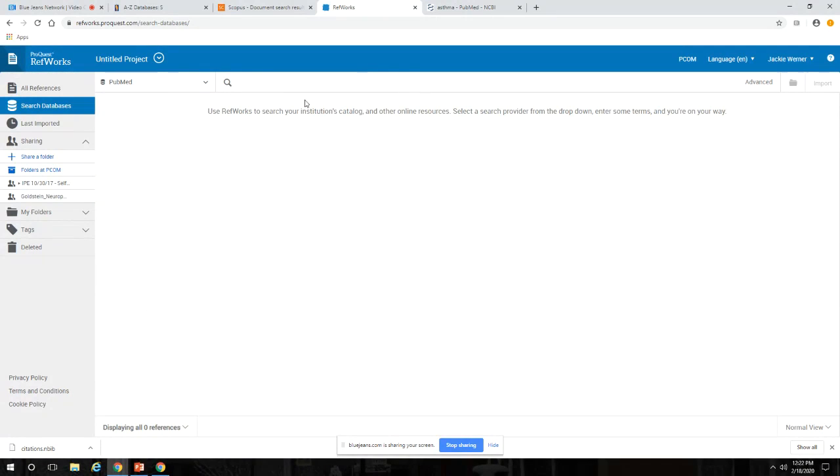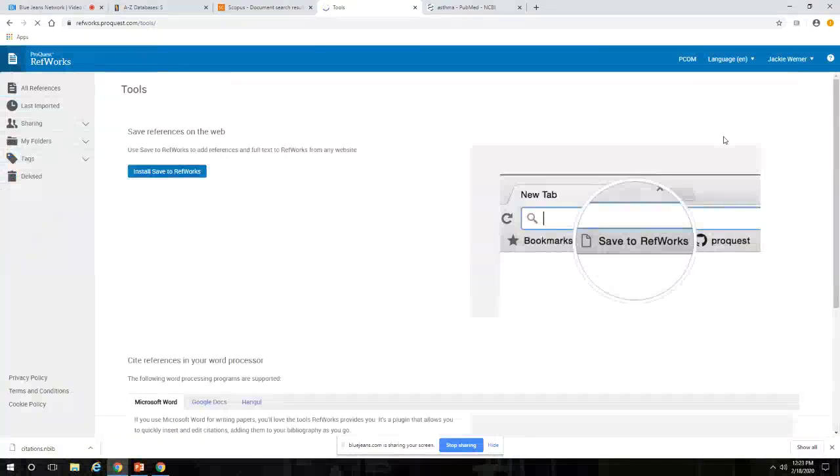All right. So another great thing about RefWorks is that you can do cite while you write, which it actually isn't called that anymore, but basically sums it up. So if you click on your name over here, there's an option for tools. And I'm going to click on that. So first thing you'll see is there's a Save to RefWorks button that will add things to RefWorks on a website. What I recommend this for is if you are